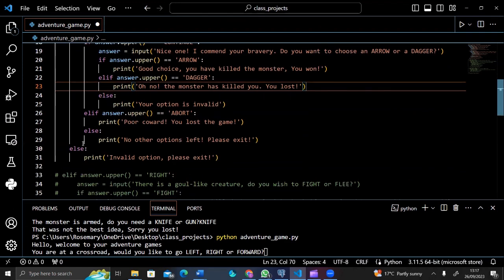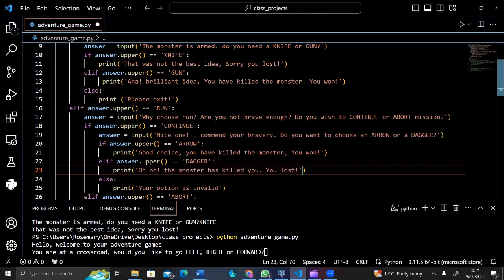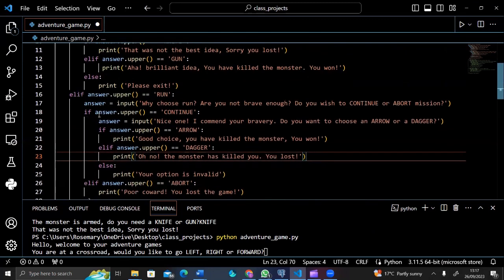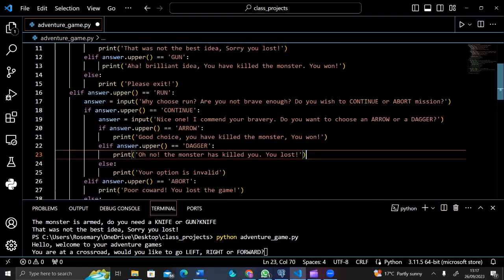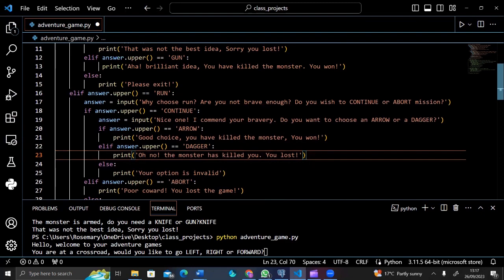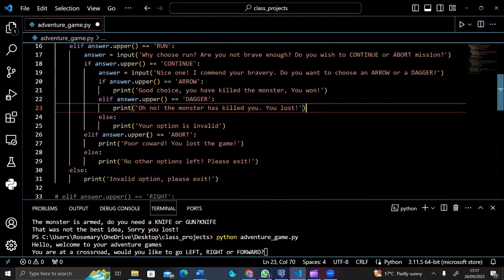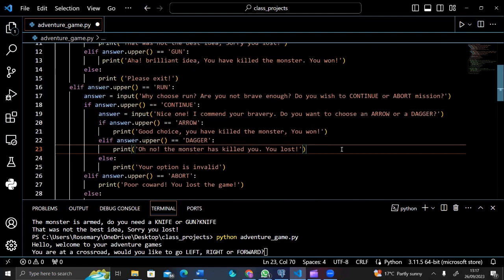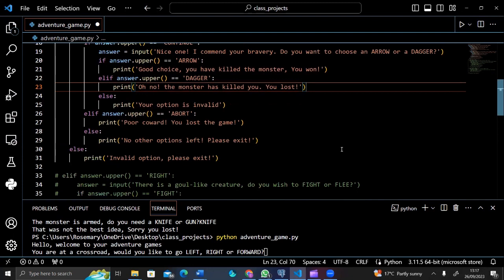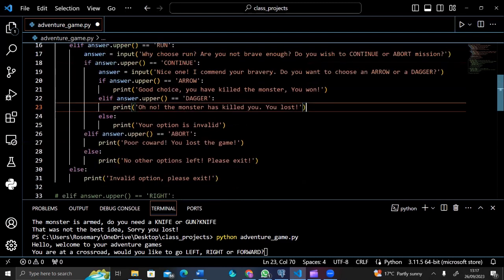Okay, and then elif abort. Just look at where this elif is coming under. It's still under this continue option because I'm still talking about continue or abort. Okay, so because it's abort, it has to be under this if statement. My elif is under it because I'm still talking about continue and abort. It might sound confusing for you, but once you continue doing it, you'll get it all right. Then this is for the other one, which is